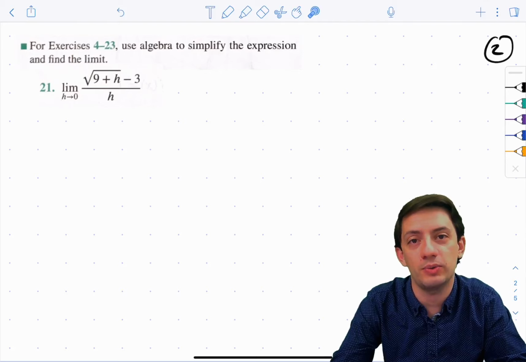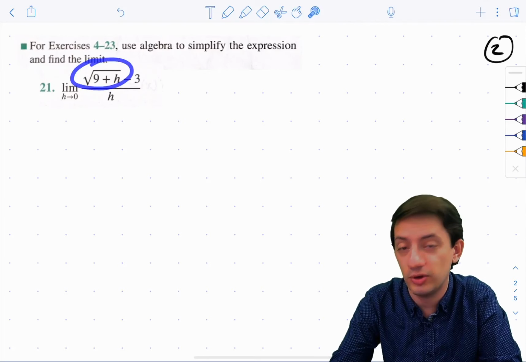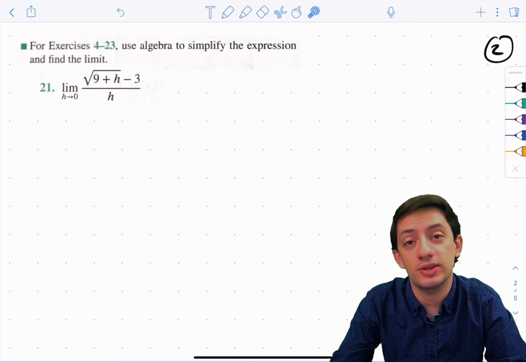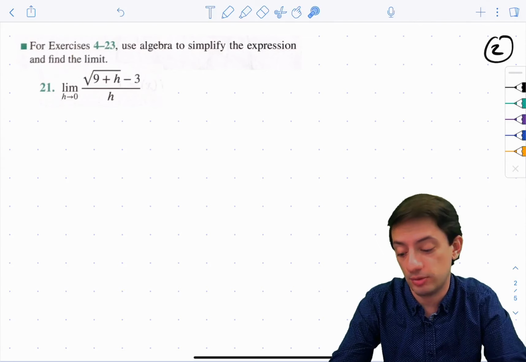Moving on to number 21. Now this one looks different than any of the ones we saw in the lecture because of this square root. So if you just saw this problem and tried to solve it without knowing the trick, you wouldn't be able to do it probably. Maybe you would, but it would be hard. I'm going to show you the trick, and this is just a trick you have to remember for when you're